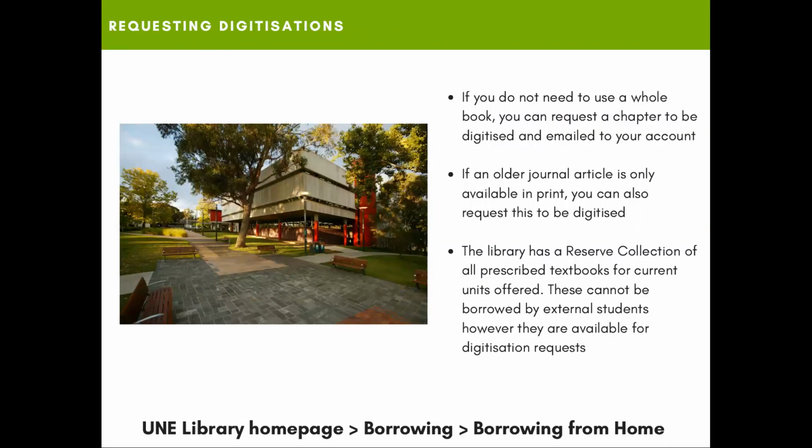Something that a lot of students don't know we have is a mechanism for us to digitize items from the library. So if you don't need to use a whole book, for example, you only need to use a chapter, you can place a request to have that chapter digitized and emailed to your account. This also is the same for things like older journal articles. Sometimes we hold older print journals as opposed to the majority of our journals which are available online. So with those older journal articles, you can request that the item be digitized, again, and emailed to